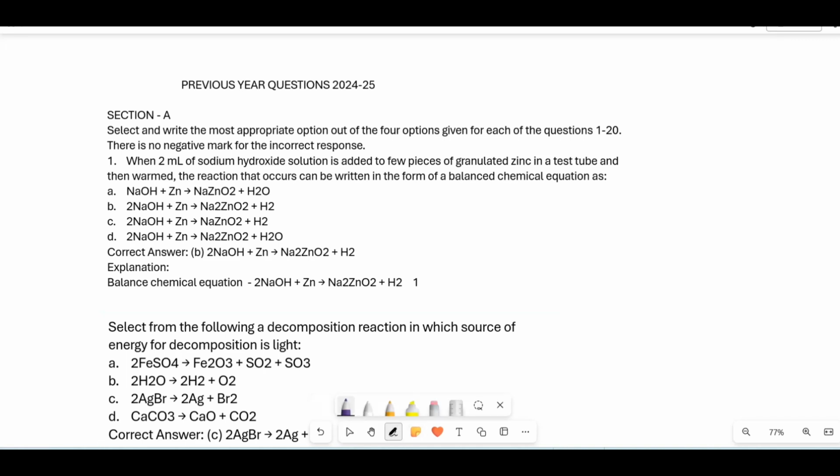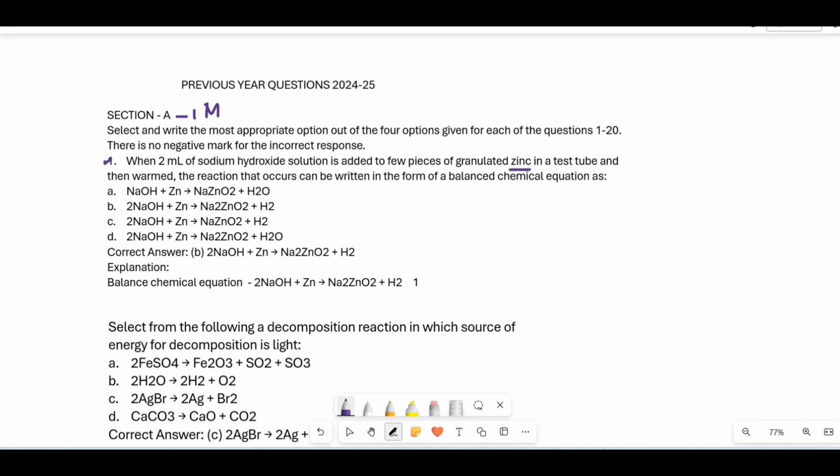Section A contains 1 mark questions. These are MCQ questions. There will be 4 answers, and you are supposed to write the one correct answer. So the first question: when 2 ml of sodium hydroxide solution is added to few pieces of